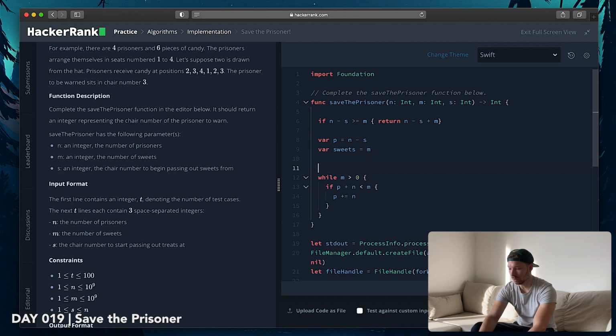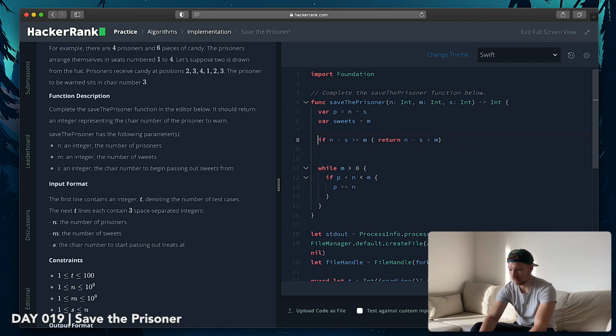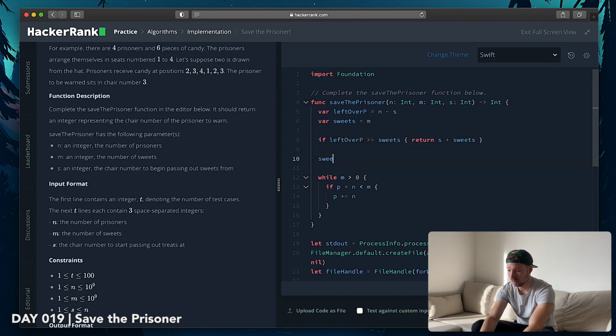And what we could do is, let's put this one down. Let's say sweets, and let's say up here, leftover prisoner. Because it's not prisoners. I also want to say sweets minus s,